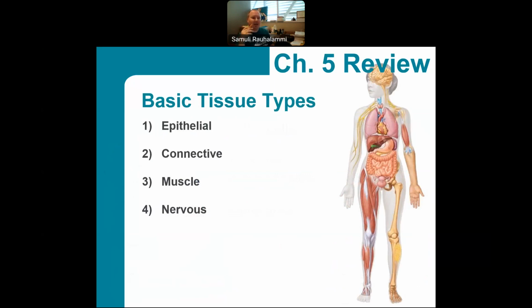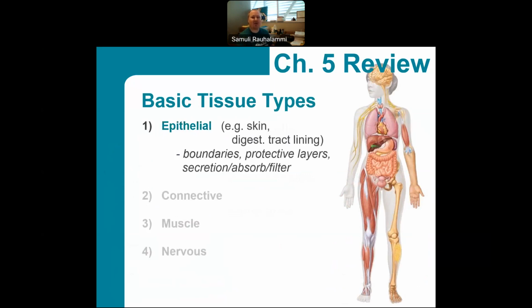And I'm going to heavily emphasize in our meeting today, and I think a lot in this chapter as well, the role of epithelial tissues, because we don't really get to talk about these tissue types anywhere else. Other tissue types, we'll talk about in more detail once we get to those chapters. But epithelial tissues really are kind of leading us well to our first organ system that we'll have a look at, which is going to be the integumentary system, so the skin and associated structures. So I feel that that's a great place for us to start.